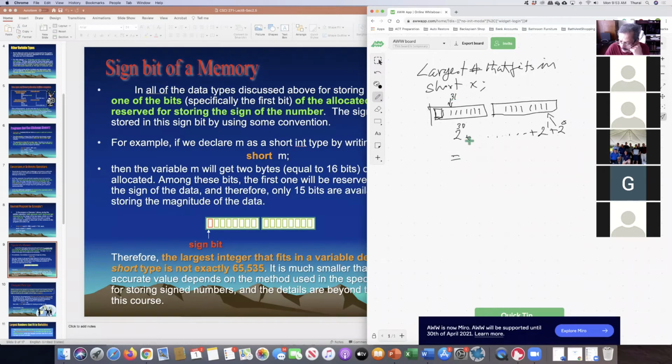And so if you simplify that, it'll be 2 to the 31 minus 1. And 2 to the 31, I'm going to calculate in my calculator. 2 to the power 31 equal to,